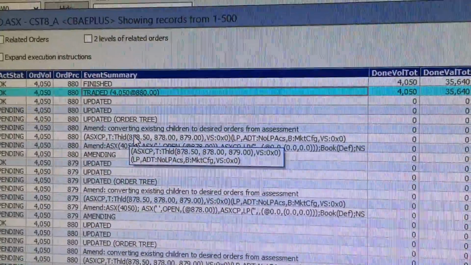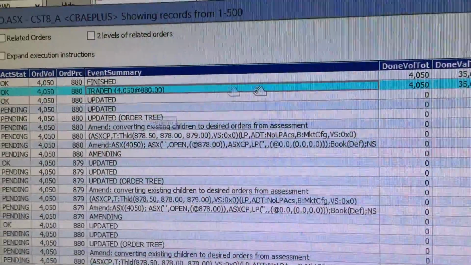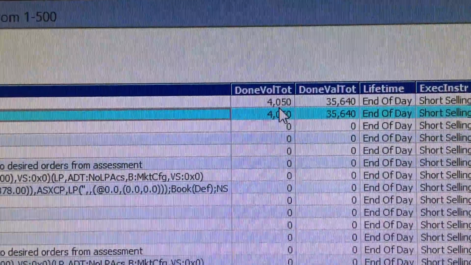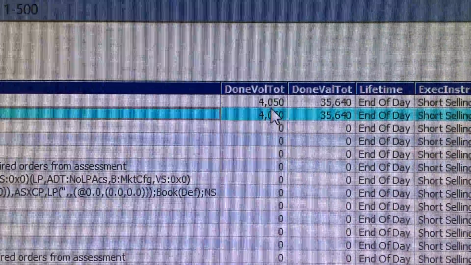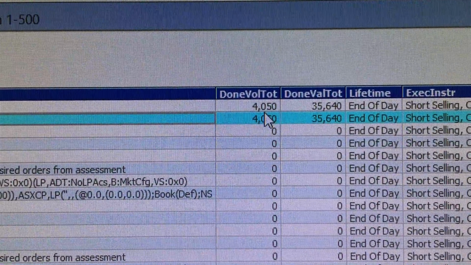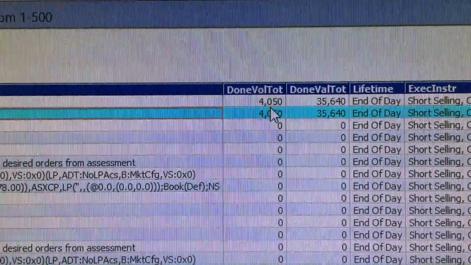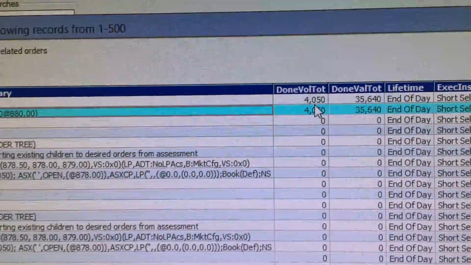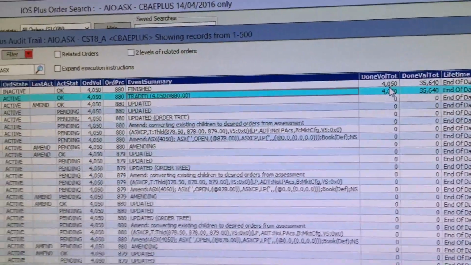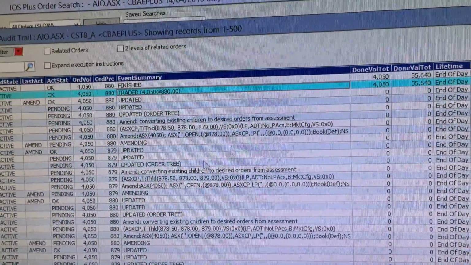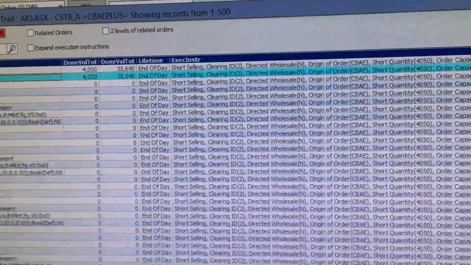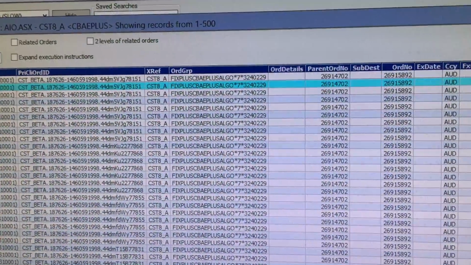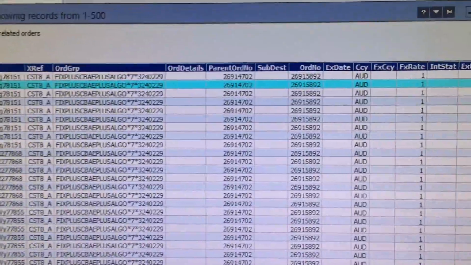So the production problem that happened the other day was to do with done volume. We were able to see from the audit trail that the amendment that was being requested, the volume was greater than the remaining done volume on that order, so we could see where the order was getting rejected. You can also, in the audit trail, map that back to the FIX messages. So obviously any order that's created in FIX is also rejected in FIX. It's primary client